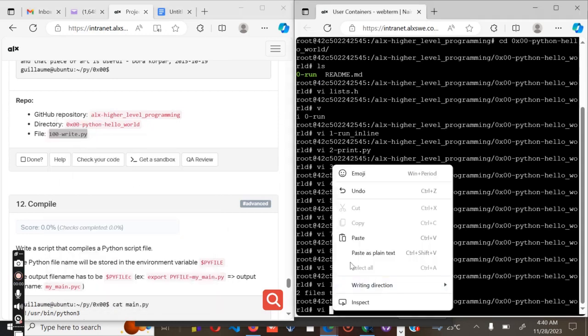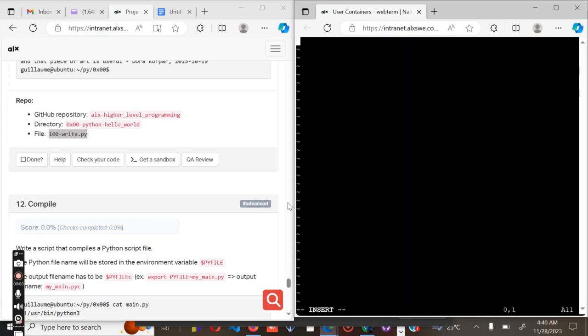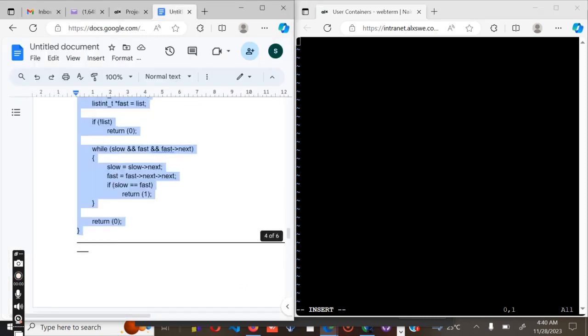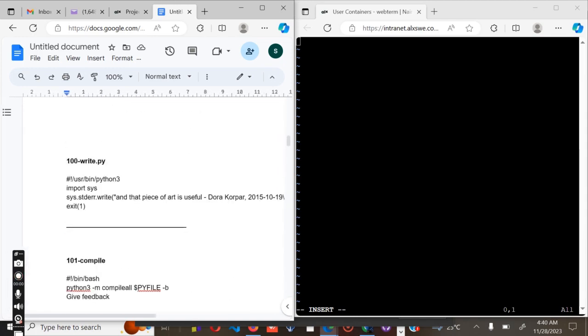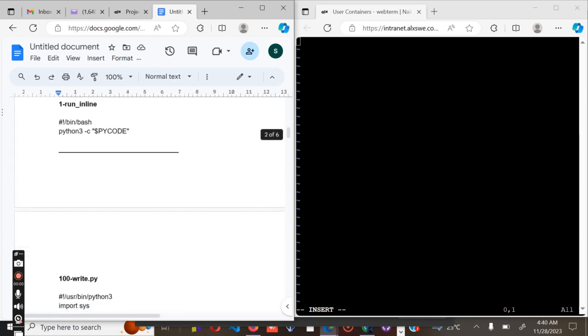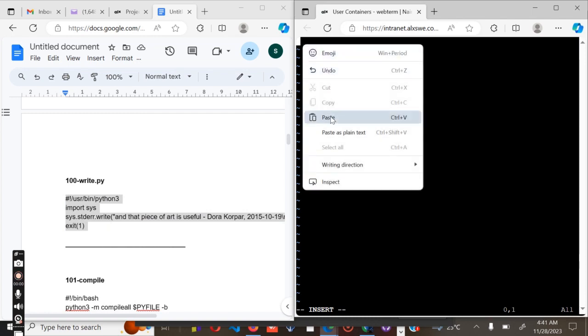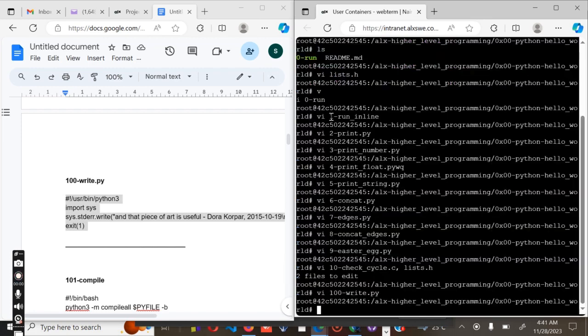So we have the vi first, then insert your code, which is this one. Copy and paste. Escape WQ